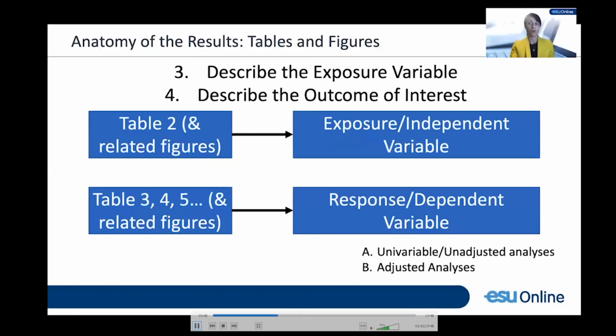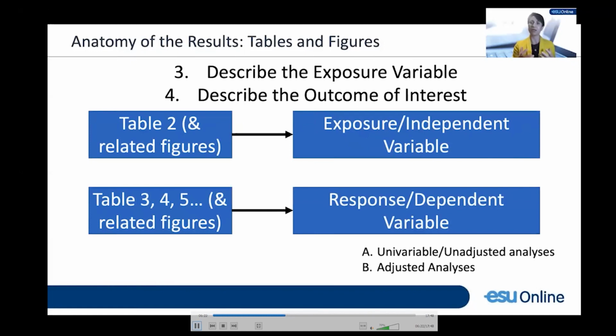Moving along through the flow of your tables and figures, the next thing you're going to focus on is the exposure variable. So usually my table 2 and my related figures really detail the exposure or the independent variable of interest. And this is where you get into, for example, a specific disease characteristic such as margin positivity, or operative time, or distance from a hospital that a patient lives, socioeconomic status, or smoking status. This is where you get into things like how frequently patients smoked, their dosing, the amount that they had smoked, how long they've smoked for, whether they quit, when they quit, and so on and so forth.